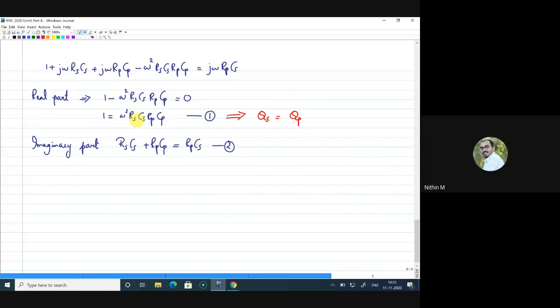Now, from the first equation, I'll take the value of RPCP, which is equal to 1 by omega square RSCS. Now from the second equation,